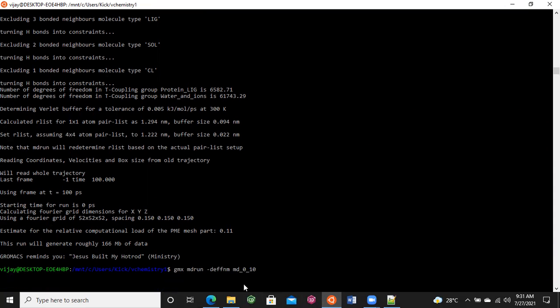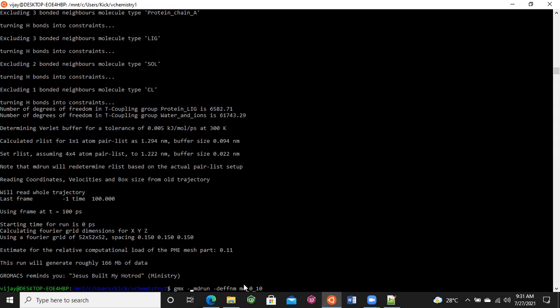Before running this command, we have to introduce dash v, and if you are running this on GPU, then you need to write GPU here. And if you have a number of threads, then you can use the option dash nt and define how many threads.